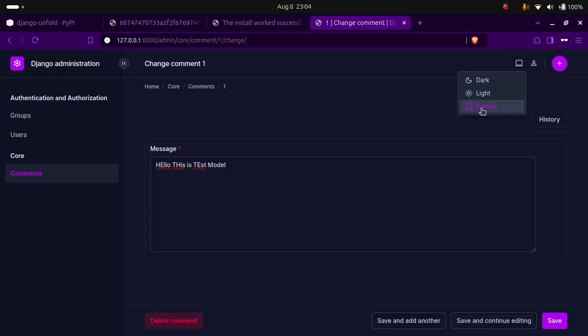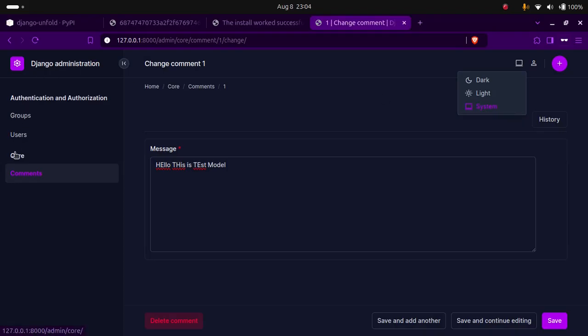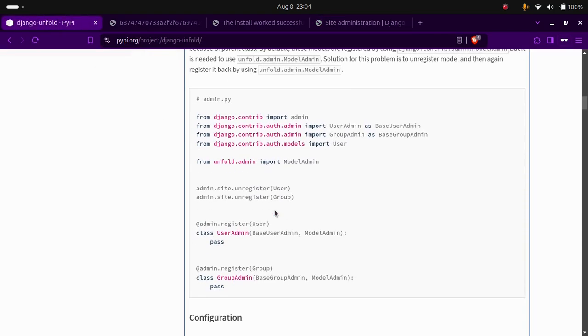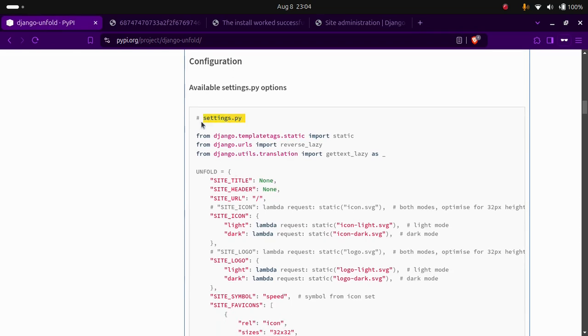And that's it for today's video. You can see our basic admin is installed successfully. So now we have to change some more configuration, like we are going to review these settings. And if I go here and scroll, you can see there is this available settings option for our Unfold